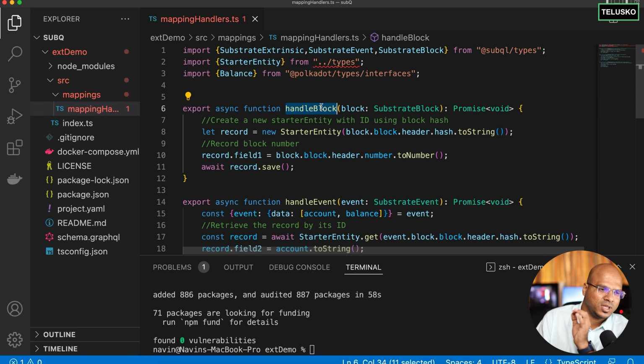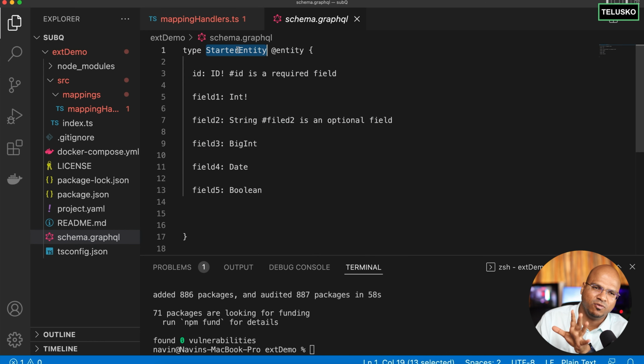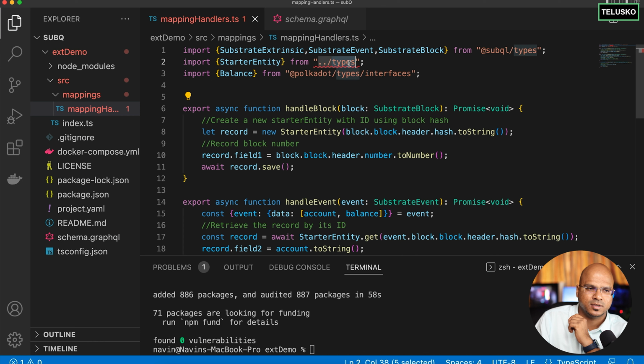Now, one important thing, if I go back to schema.graphql, you can see the name of the entity. The name of the entity by default is starter entity. This is what represents what you're fetching from the blockchain. You can have any name, doesn't matter. Now, with the same name, there will be a mapping JS file which we don't have as of now. So basically we need types, and that's why you can see we are getting an error. How will you get those things? That we'll see in the next video.